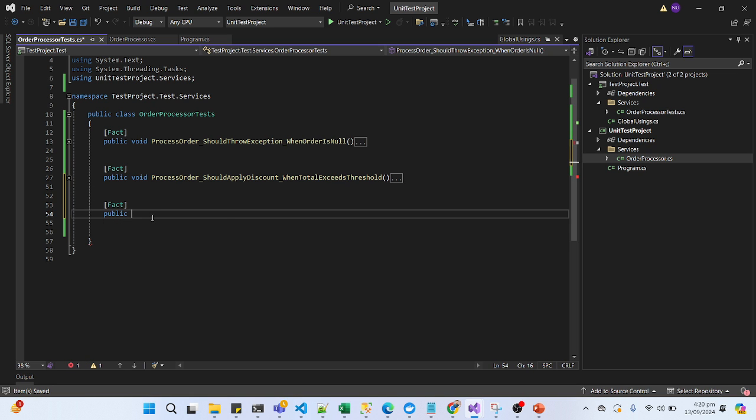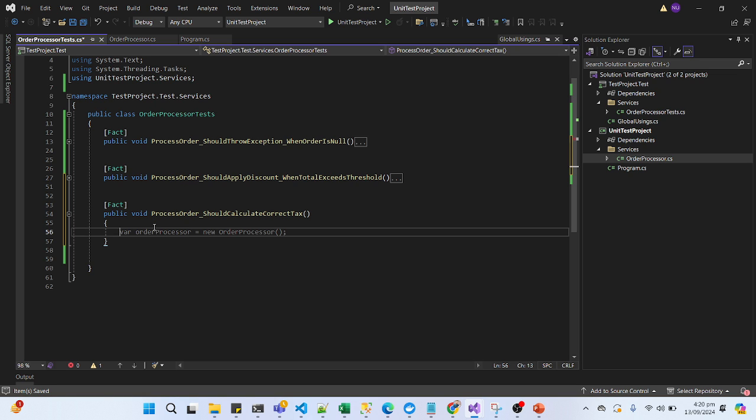Now to write this function, let me create it as void, the class name, and then let me give it the name should calculate correct tax. Okay,